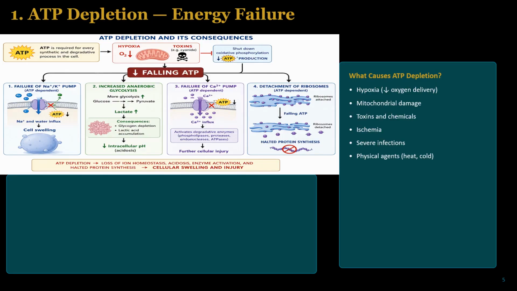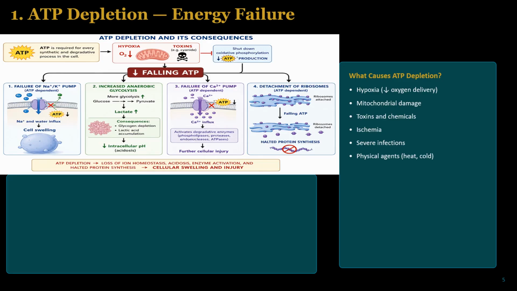So if an organ is receiving a low amount of blood, definitely the organ is also going to receive a low amount of oxygen, because oxygen is being transported by the blood. So if there is a low amount of oxygen being transported to an organ, then the organ is also going to receive a low amount of ATP, because oxygen is necessary for ATP production by the electron transport chain and oxidative phosphorylation. So if there is a low amount of ATP going to an organ or to the cells of an organ, the following scenarios are going to happen. The first thing is mentioned here in the diagram.